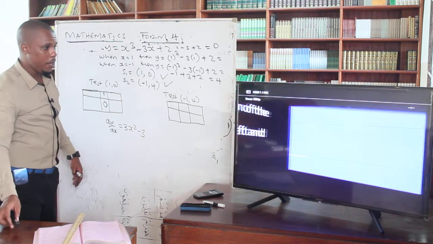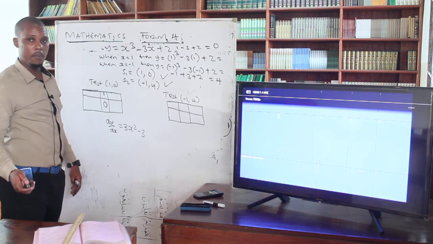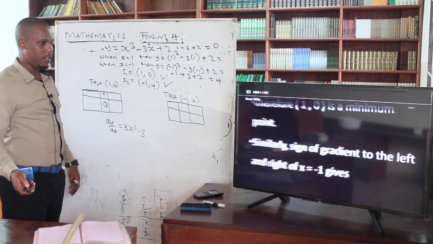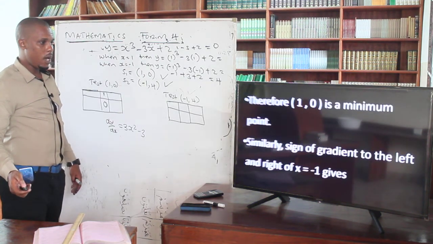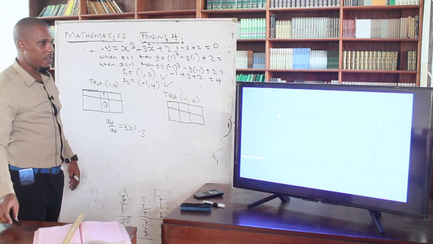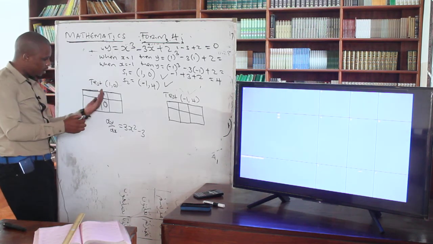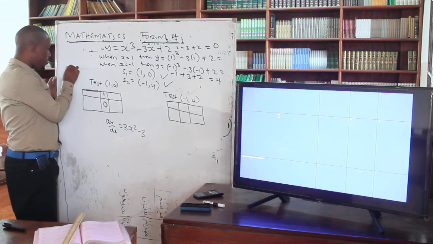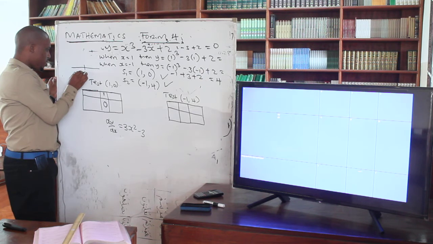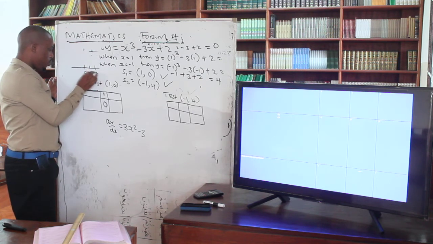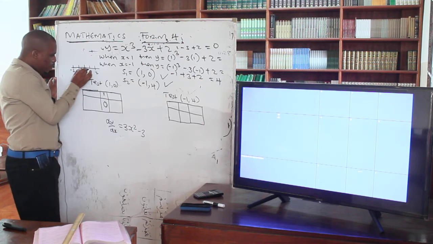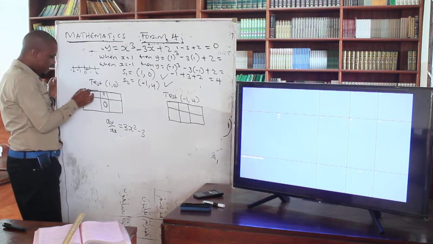So in this case, I'm picking the point. Let me start with the one which I've picked here, 1, 0. And on the left hand side, I'm coming here and picking a point to the left. Remember, you have to consider the numbering now. Here you have 0, you have 1, you have 2, you have -1, you have -2. So I move to the left here and I pick 0.